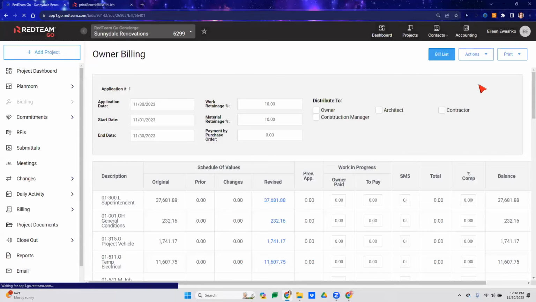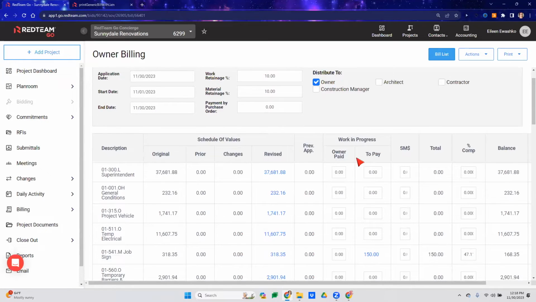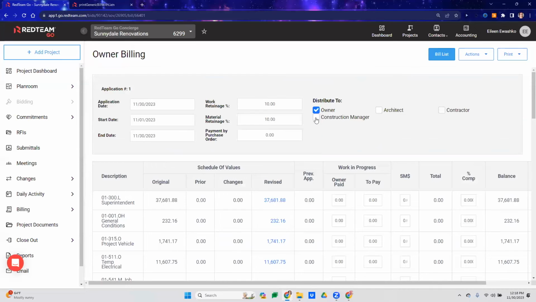Okay, and now we're looking at a cost plus owner bill. All right, so everything up top is the same. You have your application date, start date, end date, retainage, who you're going to distribute it to, and your payment by purchase order. The main difference here is as I start entering my change orders, you can see here we